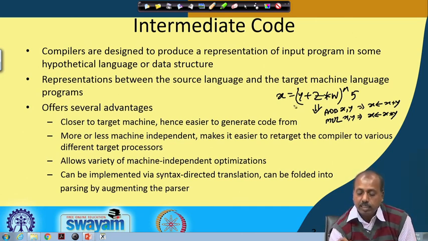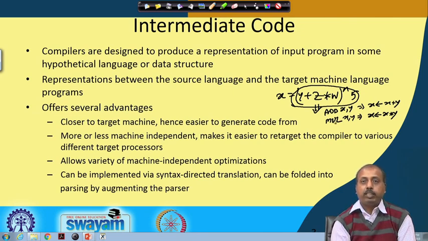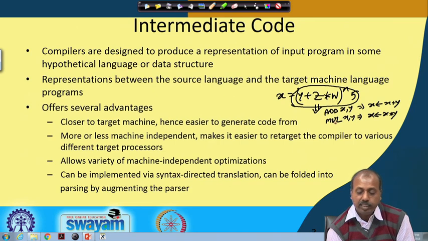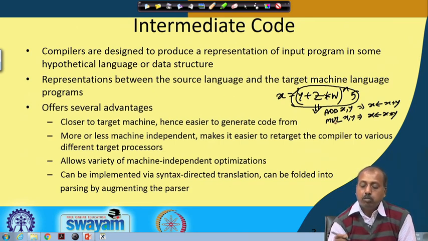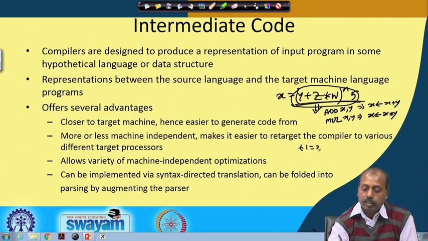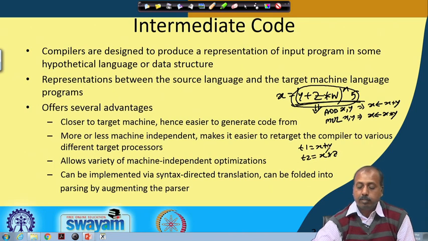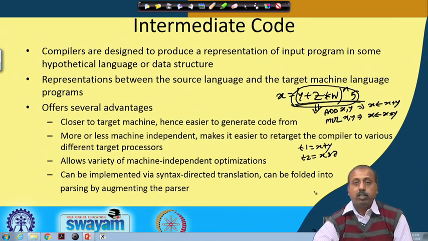Now, this expression is going to be very complex as far as the basic add and multiply instructions are concerned. But in this intermediary language code, what will we do? We will not allow such complex expressions. We will allow expressions like T1 equal to x plus y, T2 equal to x into z. Here the operands that we have are very close to the target language operands.